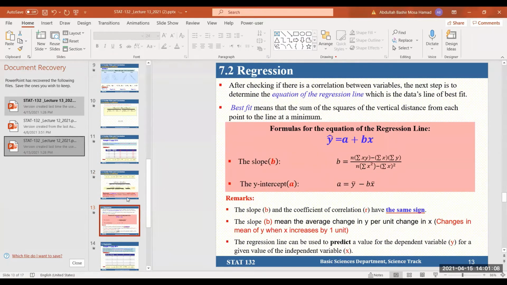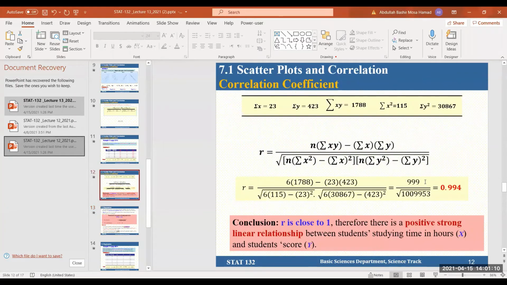Now, after we get a strong positive or negative or even moderate relationship, we need to describe this relation. But if we find the relation weak, we stop here. We don't describe it. There is no need to describe a weak relation. But now we have a strong relation, so we need to describe it. How do we describe this relation? We just write